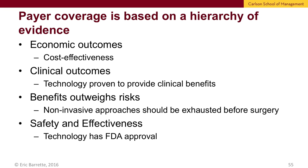Overall, payer coverage, whether it's a drug or a device, is based on a hierarchy of evidence. It's important to show economic outcomes. In other words, that a new device or technology is cost effective. More important than that is to show that there are clinical outcomes. Insurance companies don't want to pay for drugs that don't do anything that the current technologies don't offer. Above that, any type of